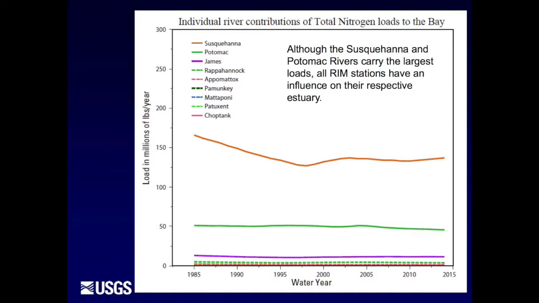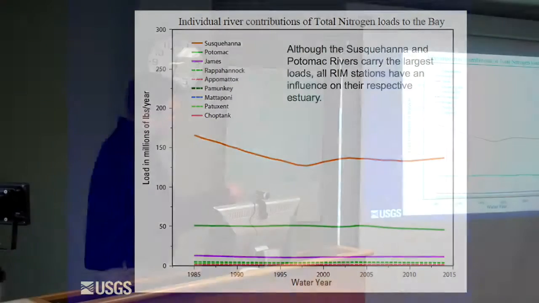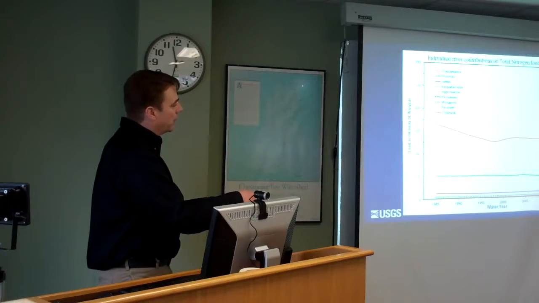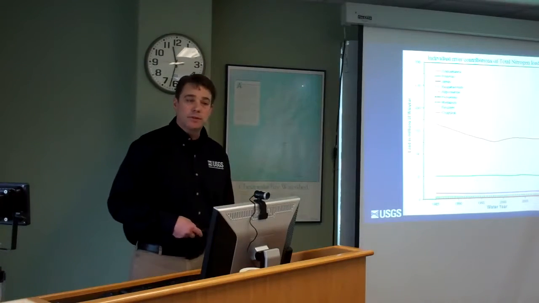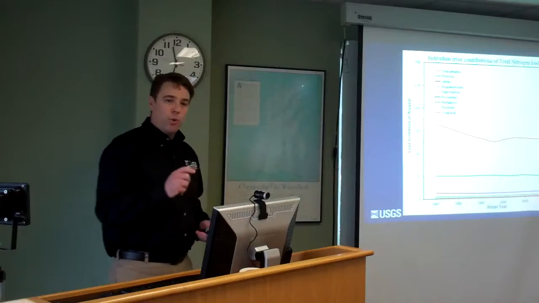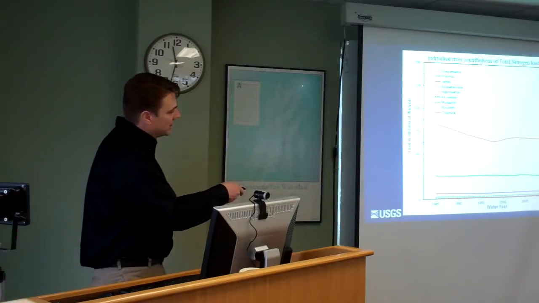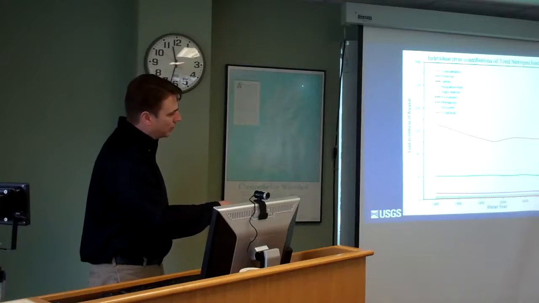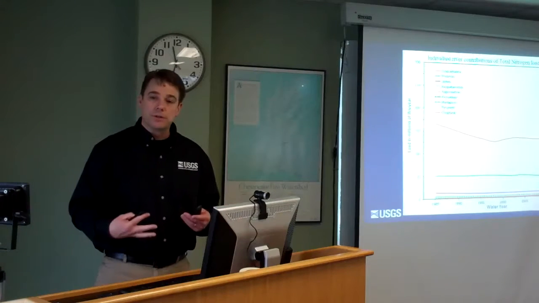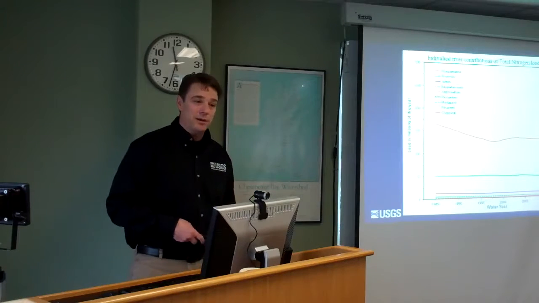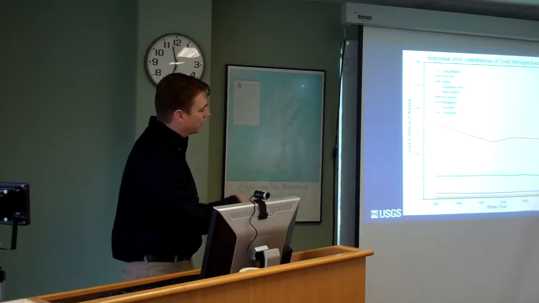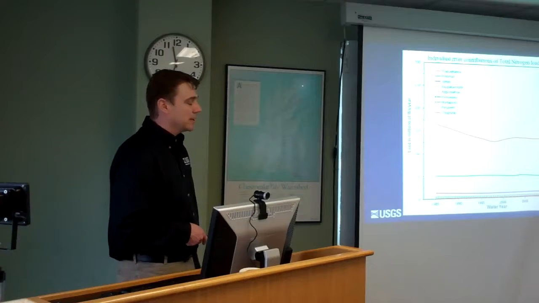We really see the Susquehanna was probably driving that total trend that we were seeing in nitrogen, where we saw early improvement with slowing of that improvement, and within the Potomac we're seeing some improvement as well. What I want to point out is the reason you really only see the Susquehanna and the Potomac and a little bit of the James is that we're showing these in load units. So we're seeing most of the materials coming in from the Susquehanna, a lesser amount, but still more from the Potomac compared to the other stations, and then the James.